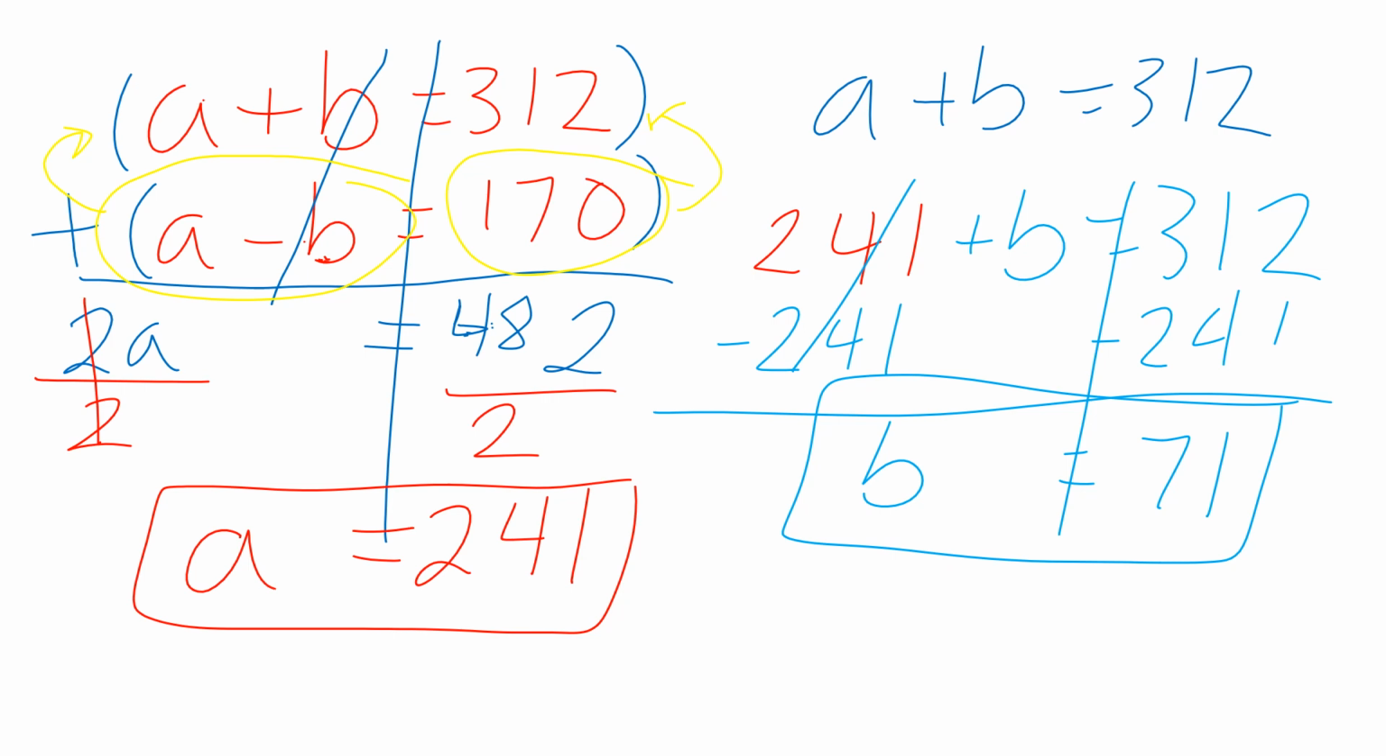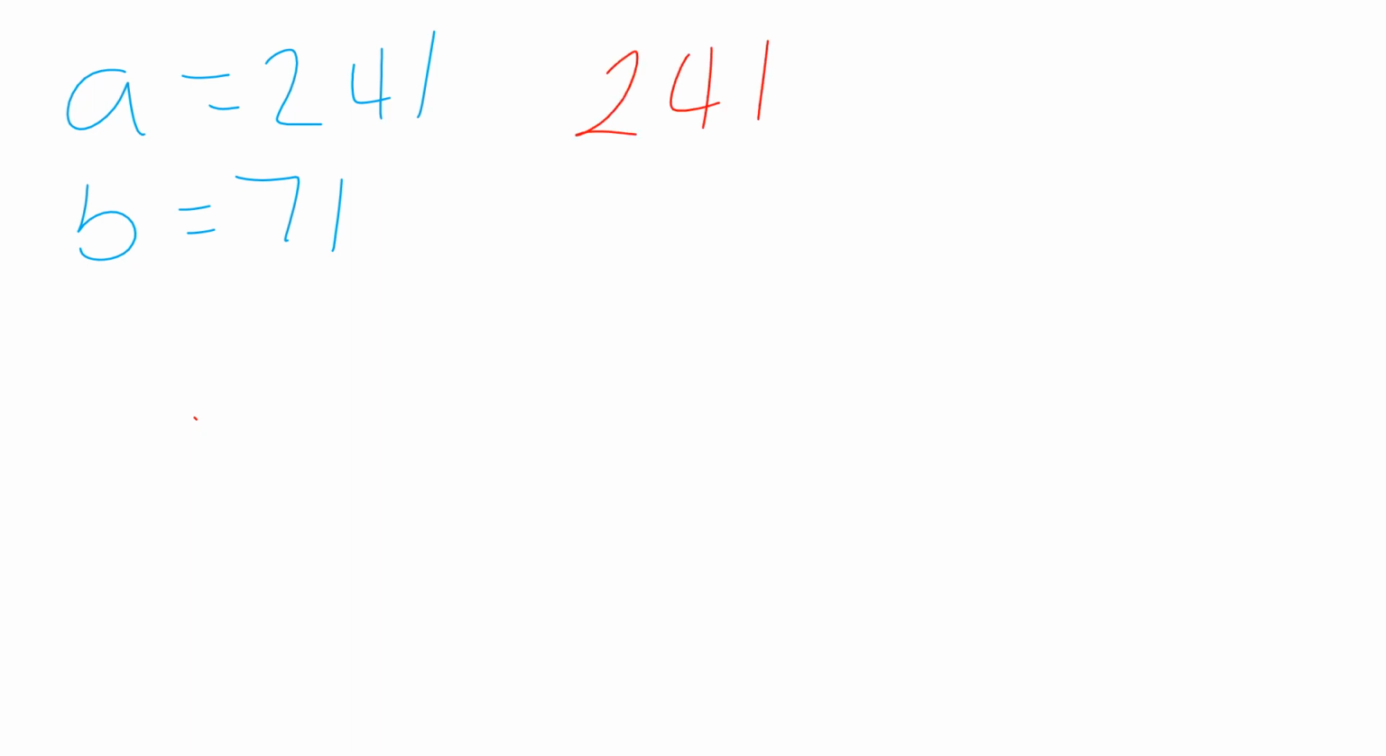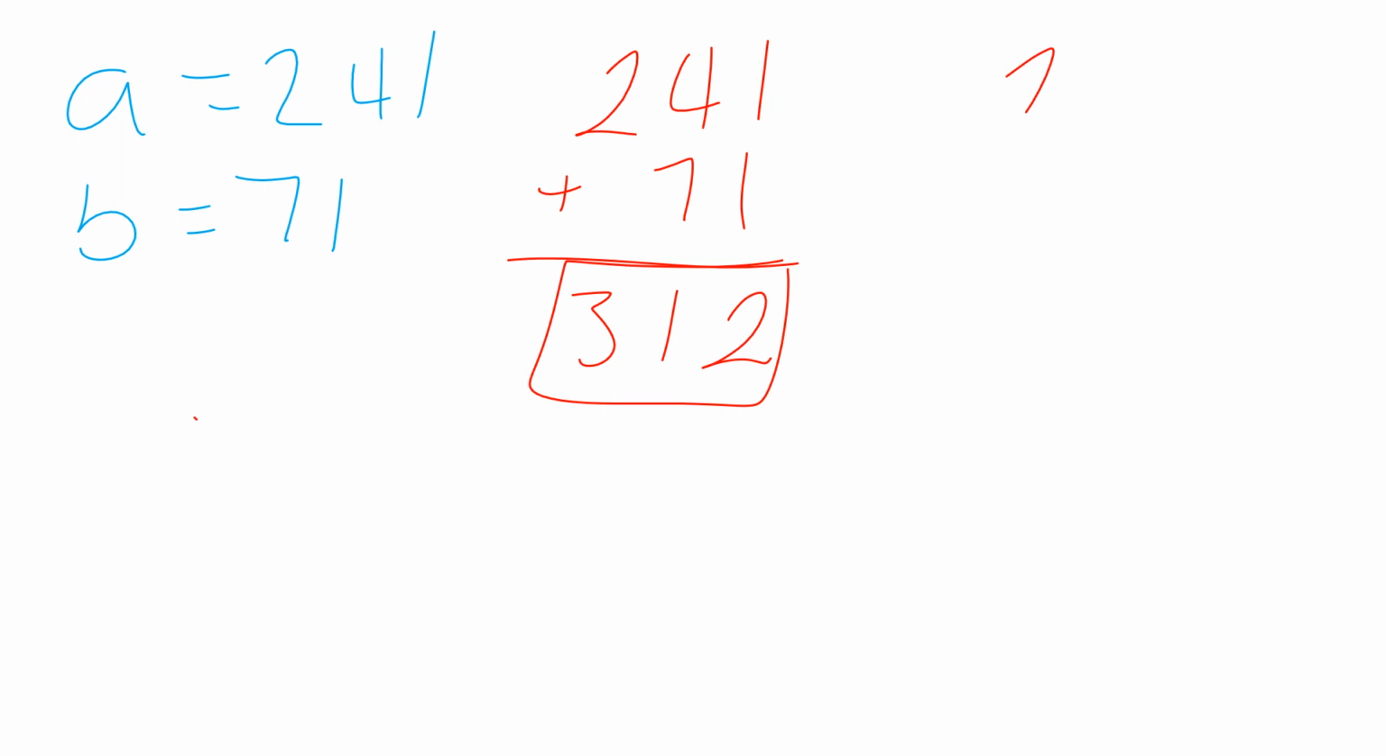Now let's go ahead and check and see if that works. So like I said, a is 241, b is 71. Let's plug it in to check. 241 plus 71. I'm just going to do my addition vertically because it's easier for me to do while I'm teaching live. So this is going to be 312, so that one checks out. And then 241 minus 71, so 1 minus 1 is 0, and then 24 minus 7 is going to be